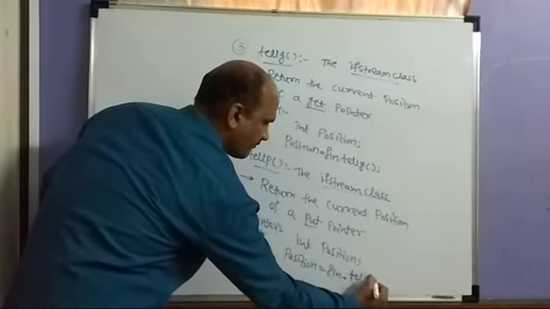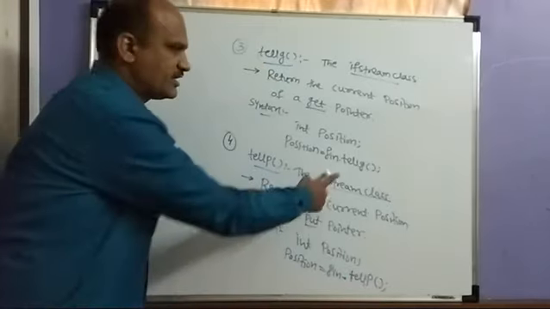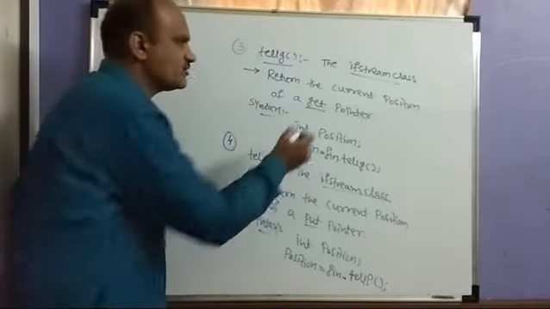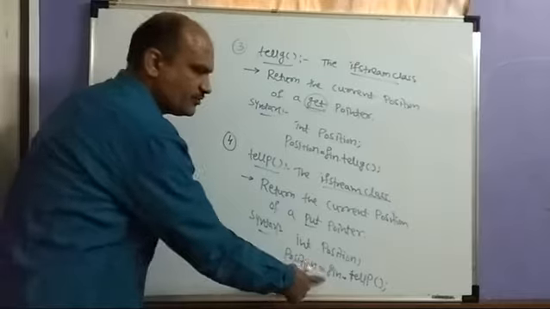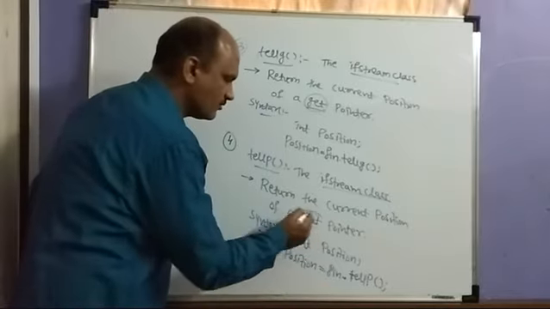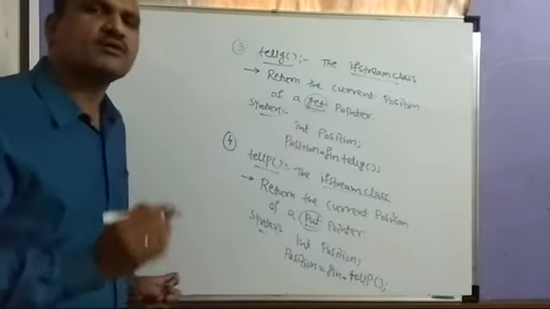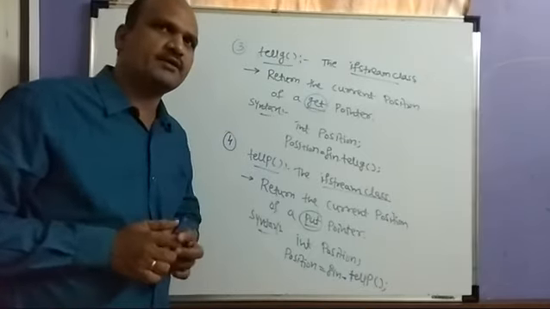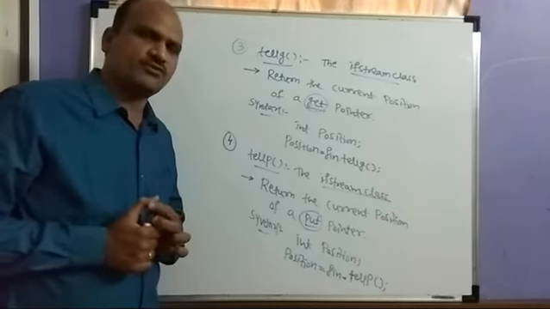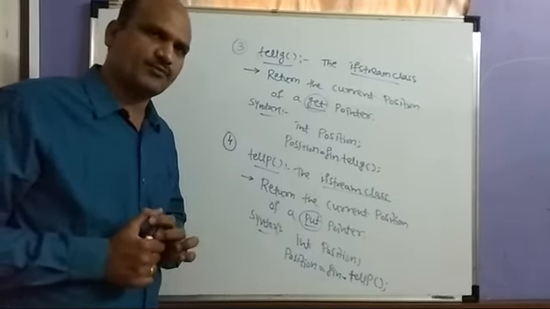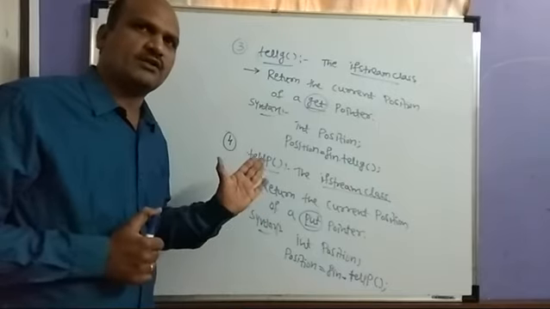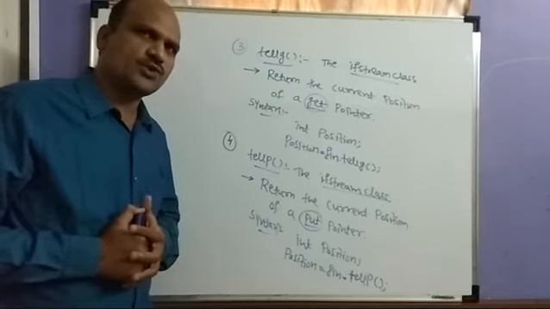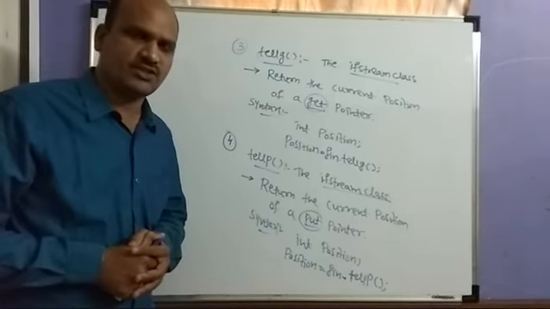tellp. If you use tellg, it will return the current position with the get pointer. But if you use tellp, it returns the current position with the put pointer. So these are the four manipulator member functions we are using in file handling. As we are using reading mode, writing mode and appending mode, these four member functions are used. Thank you very much.